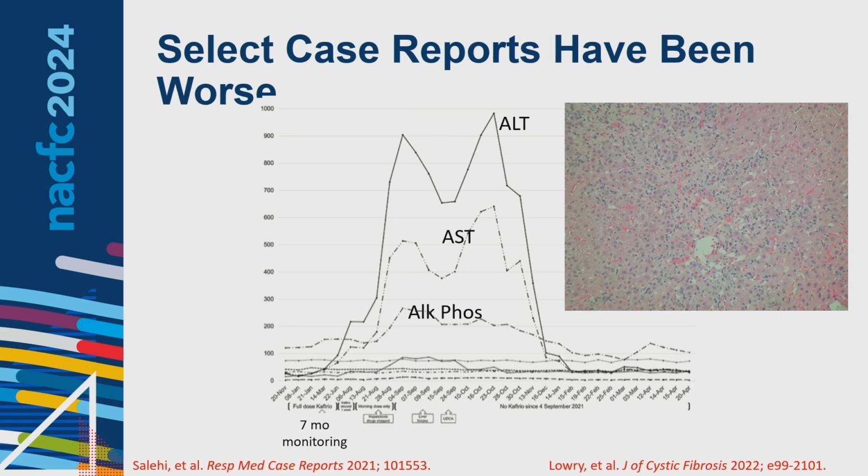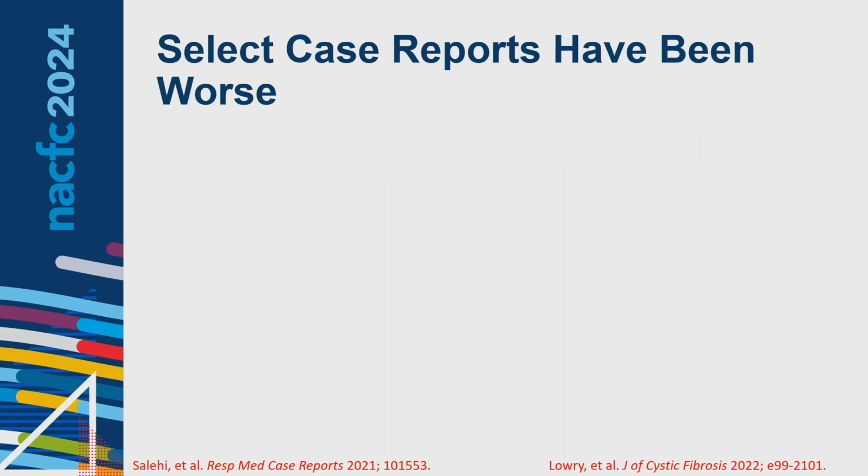So this was one out of England as well for a patient who had been on ivacaftor for 7 months, developed a huge increase in their transaminase levels, got a biopsy, and this is what liver necrosis looks like. All of this disarray over here is necrotic liver. This patient was able to stop their ivacaftor, transaminase levels came down, but they're unable to restart.